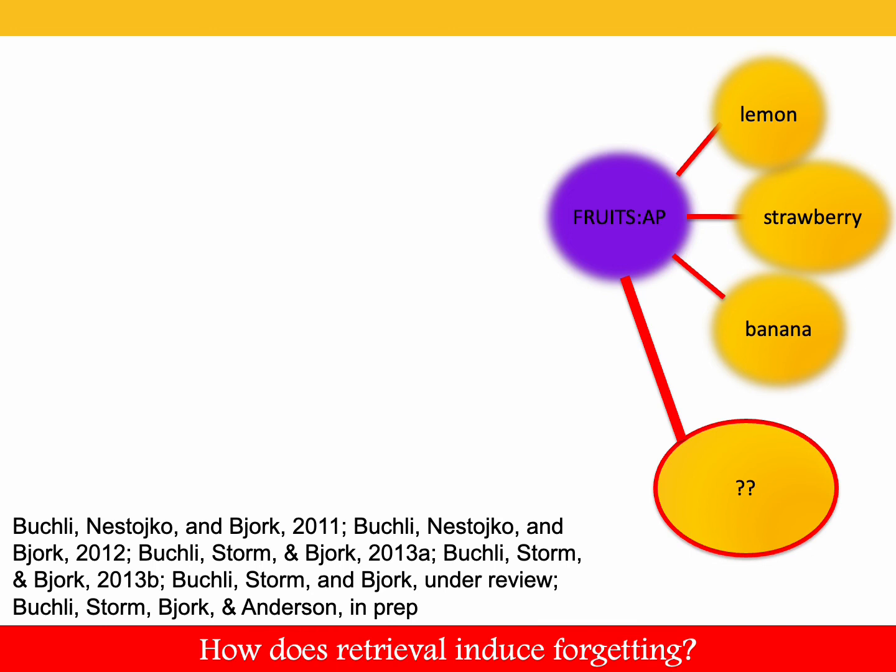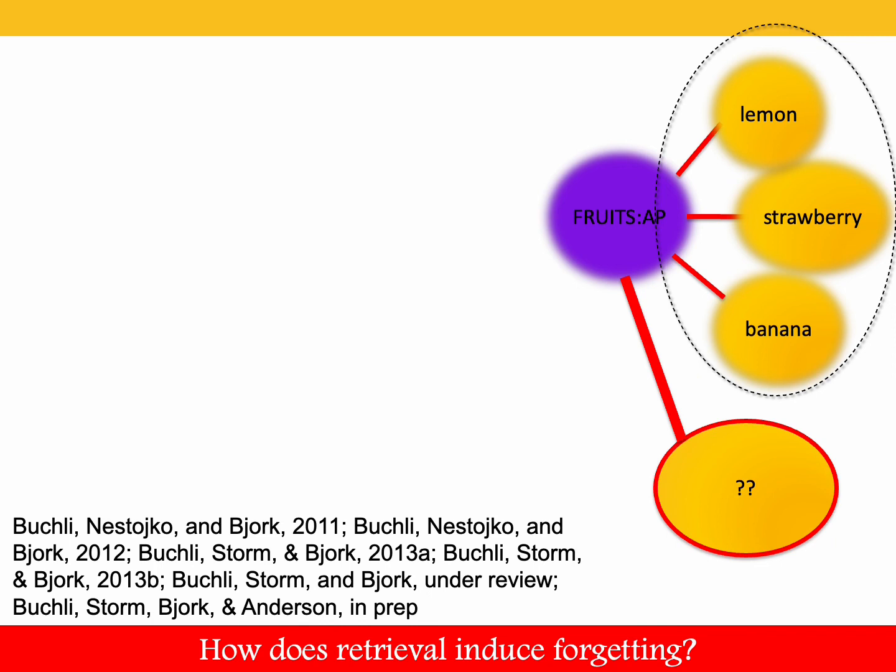But so is, because we have that category label of fruit, the correct answer, apple, is going to get activated, but so are lemon, strawberry, and banana. Remember I told you about this phenomenon of interference, whereby similar things compete with each other and get confusable. So in order to facilitate successful retrieval of apple,